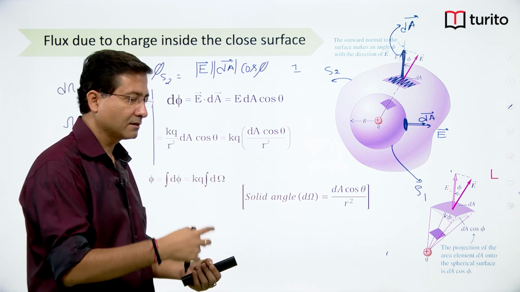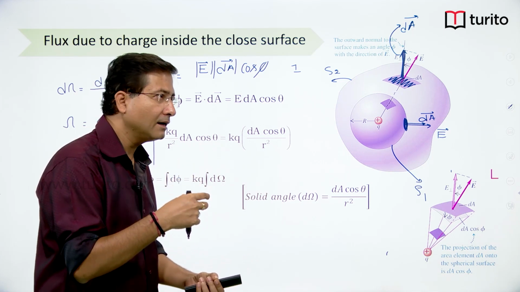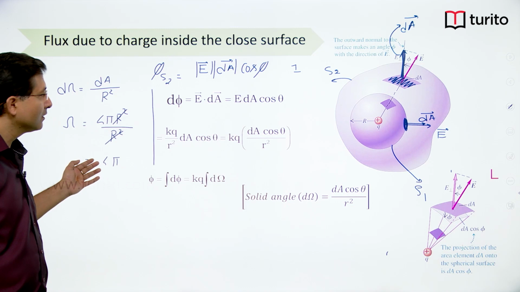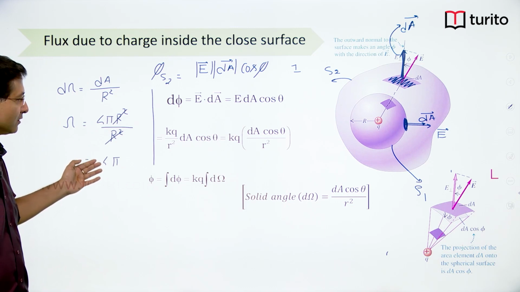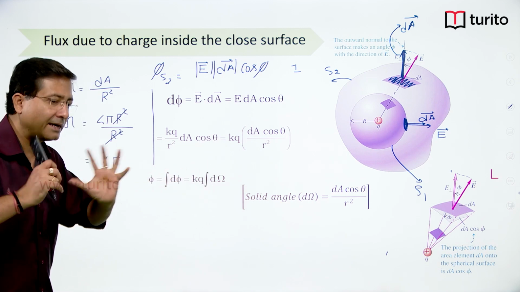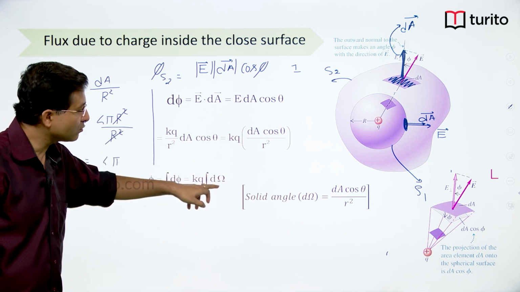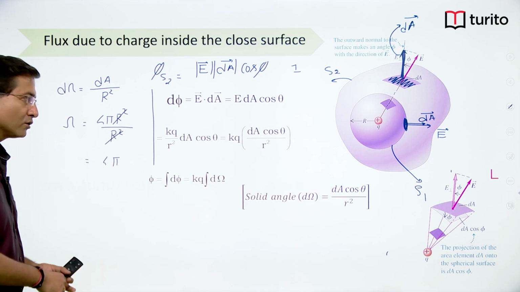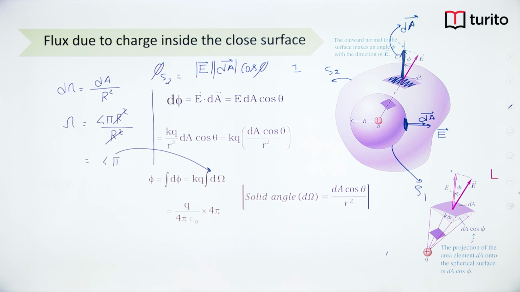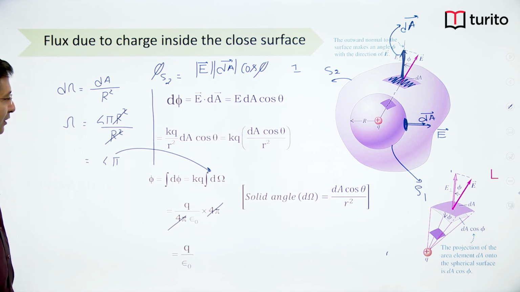Circle subtends 2 pi angle at the center. So, that is the linear angle, right, radian we write. This is solid angle. Its unit is steradian. So, this much steradian angle will be subtended by any surface covering the charge completely. So, in place of this total integration I can write 4 pi. So, I can substitute 4 pi over here, right. After substituting 4 pi, if I simplify, this 4 pi and 4 pi will get cancelled out and we are getting q upon epsilon naught,